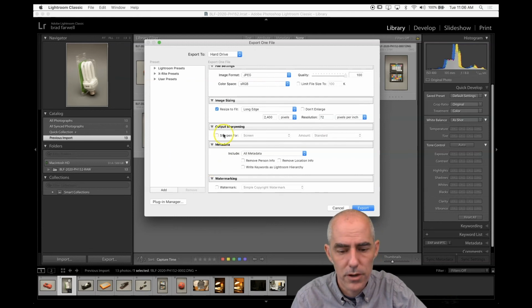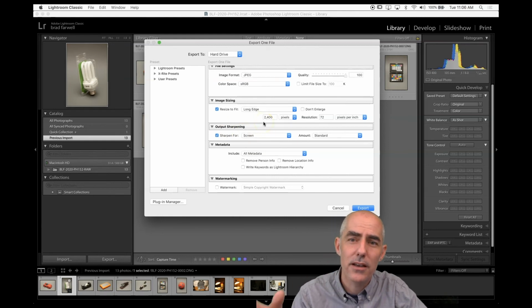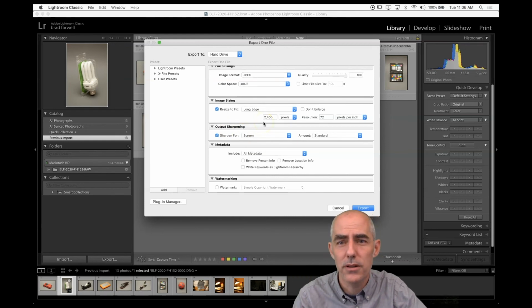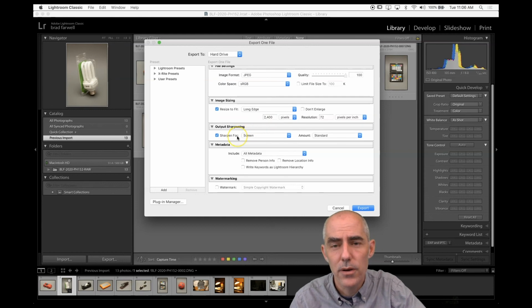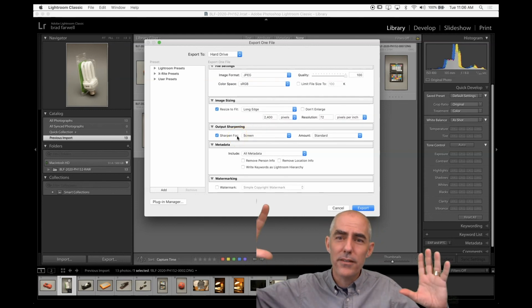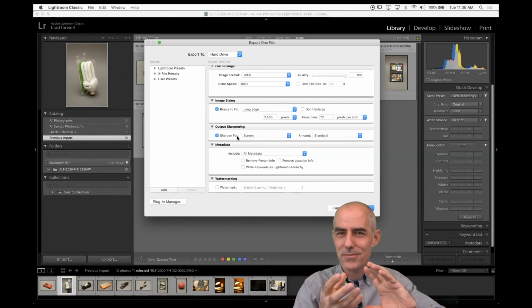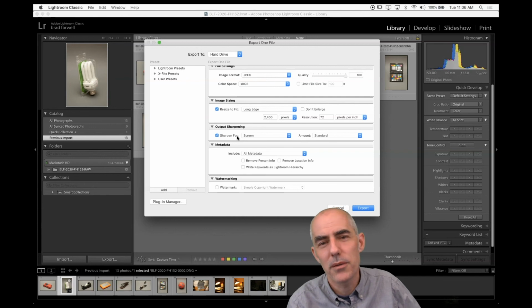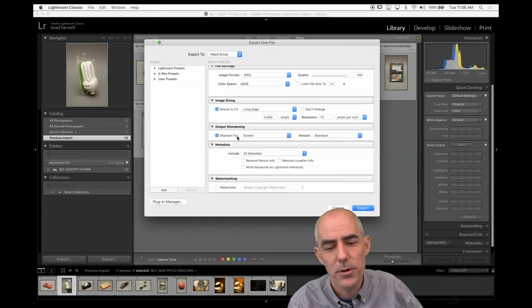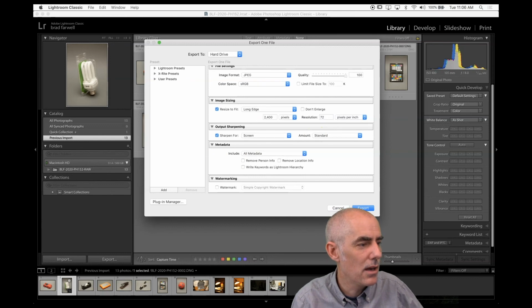So output sharpening, I think this is the last thing, sharpen for screen amount standard. So again, I'm not exporting this to print. I'm simply exporting this to look at on a computer. So I will have it add a little bit of sharpening to it on the way out the door. Because I'm shrinking it down, it gets a little bit fuzzier, and tweaking that sharpening a little bit will make my image slightly crisper. Standard amount is fine. And I think that looking over here at the handout,